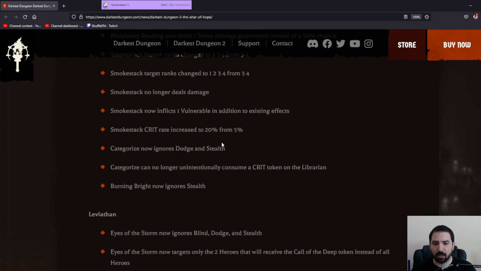Categorize now ignores dodge and stealth, but you can still blind this. So if you blind him, he can still miss this, at least in my experience. Categorize no longer intentionally consumes a crit token on the Librarian. This is a very niche interaction. This has to be like a trinket you have, where if you miss, they get crit. So I think I can see Burning Bright ignores stealth. I really don't. Oh, I guess if you're